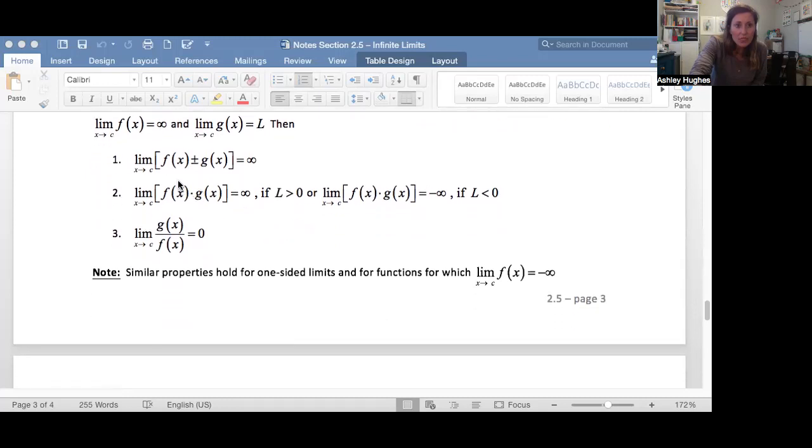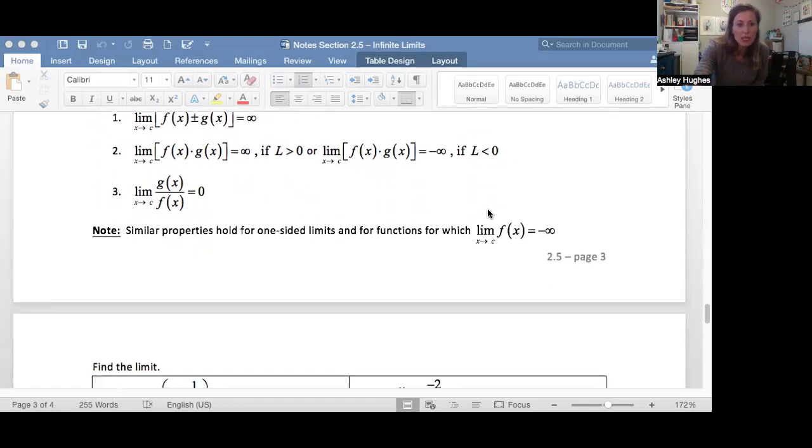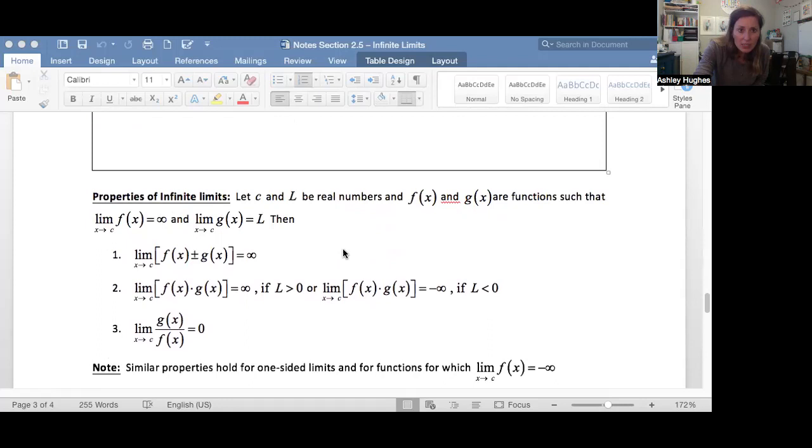Let's see. F times G, so if they're both equal to infinity, then it equals negative infinity if one of them is less than 0. And then let's see, it says,